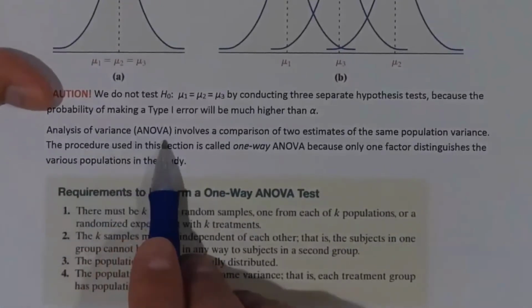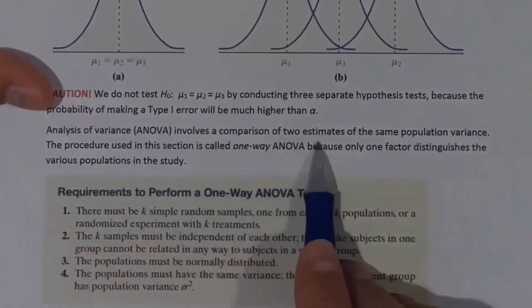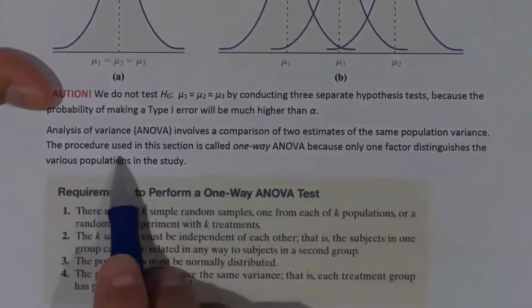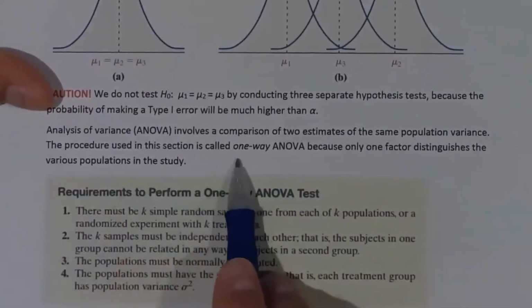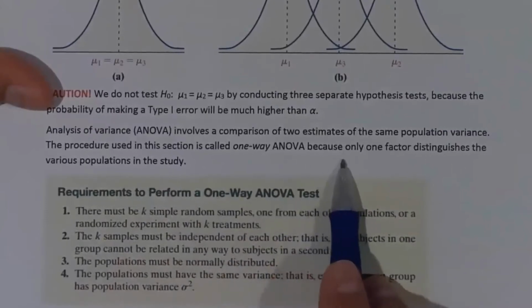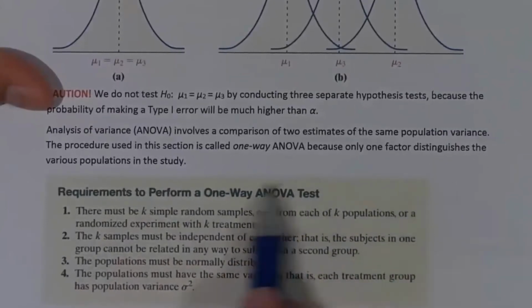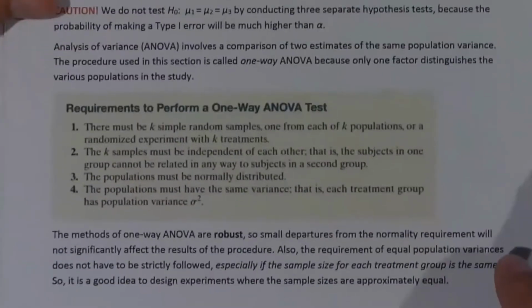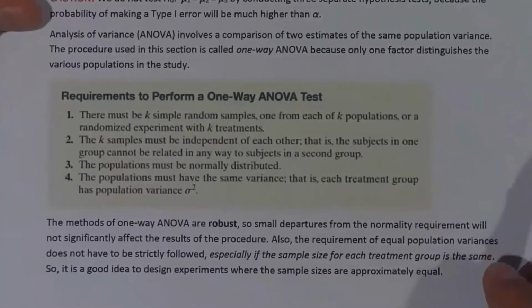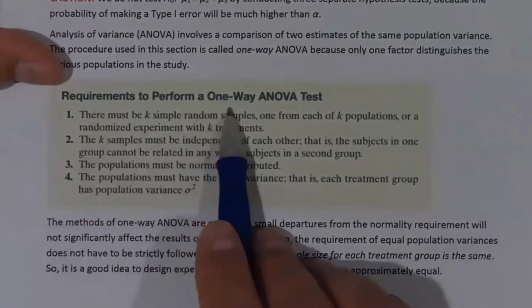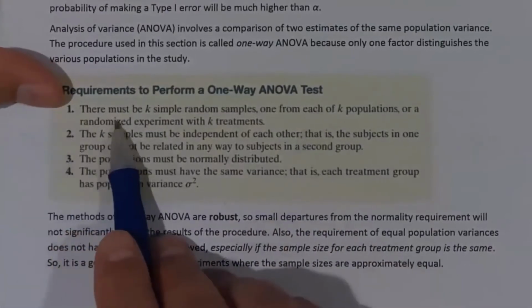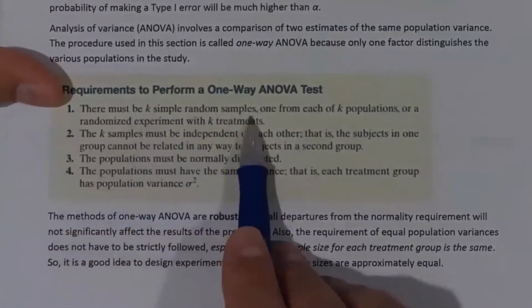Analysis of variance, or ANOVA, involves a comparison of two estimates of the same population variance. The procedure used in this section is called a one-way ANOVA because only one factor distinguishes the various populations in the study. Now, requirements. The requirements to perform a one-way ANOVA, and there are 4 of them that we're going to concern ourselves with. 1, there must be k simple random samples